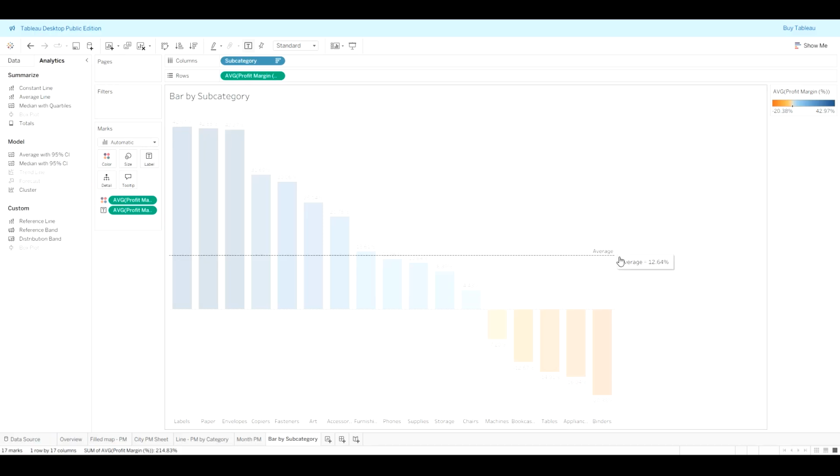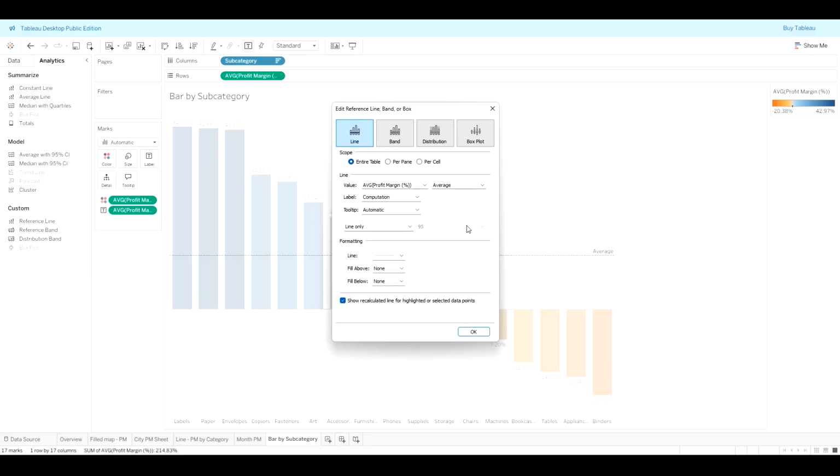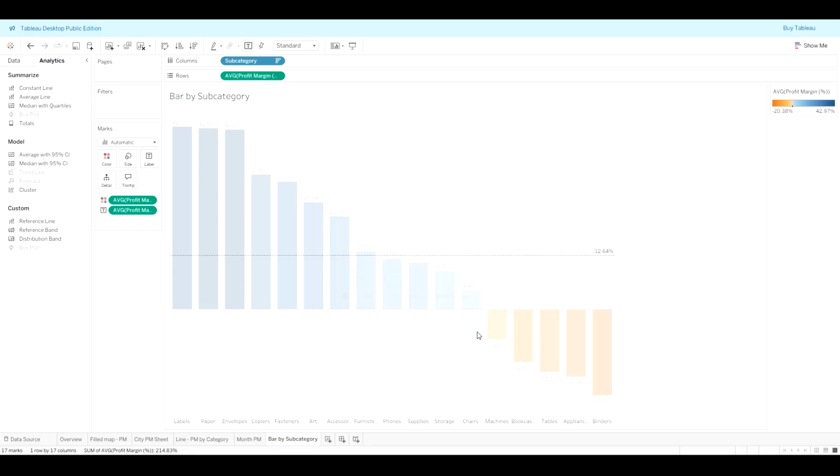So that's a different option, where if we right click and do edit instead of format, it's showing you, okay, it's averaging, the label is just what it's actually averaging. So we're going to do a custom one, and you could just do the value, right? And you could do okay, and that would make sense. I like to give them a little bit more information. So I would do something like average profit margin equals, and then I say list the value. And if you do okay,